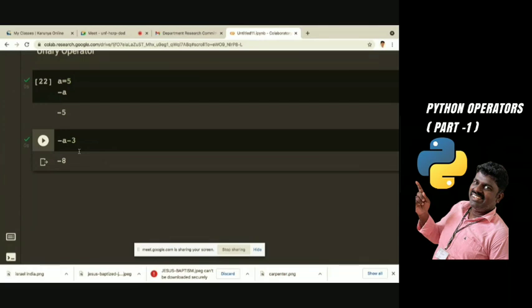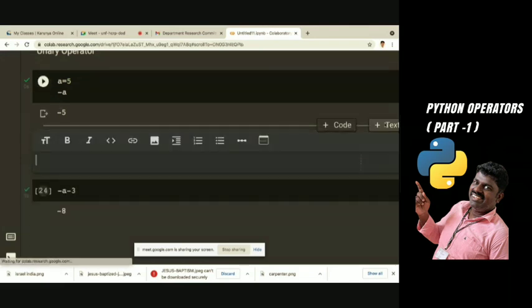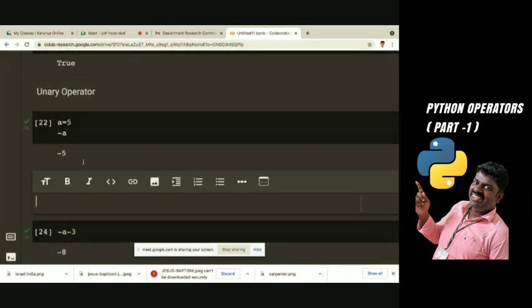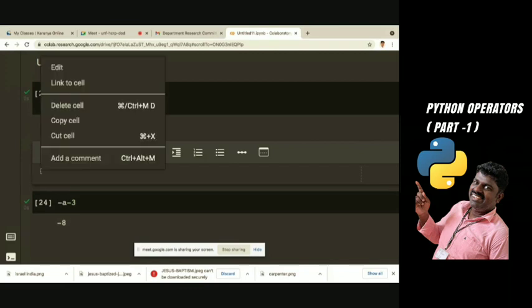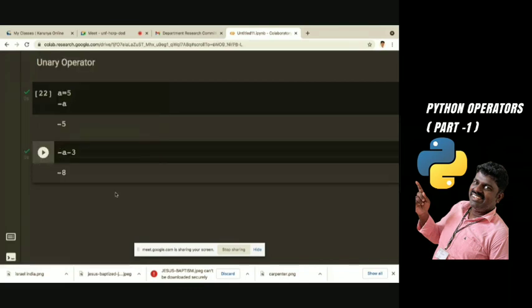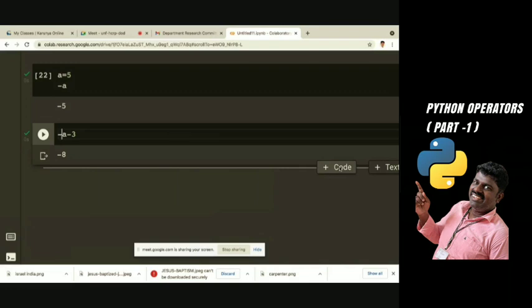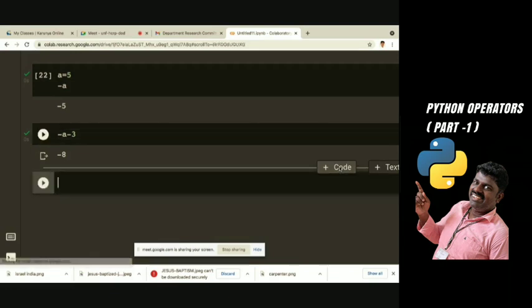So that is called unary operator. If you are not mentioning, automatically it will be considered as a positive a only. Got my point? Okay, so this is about the unary operators. So no issues. Have we understood the unary operator? Students? Yes, sir. Okay, right.